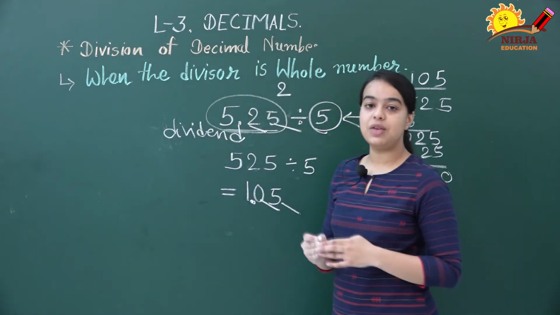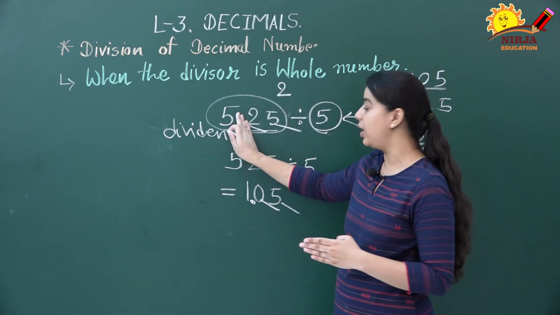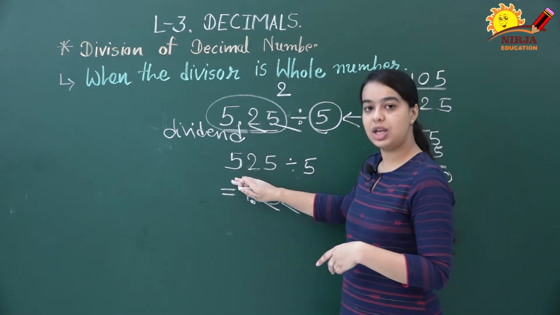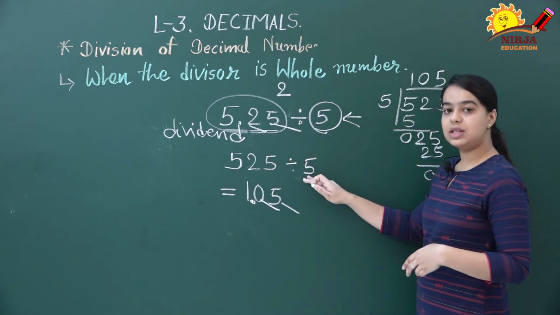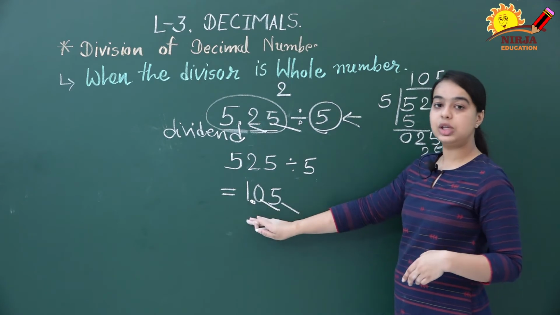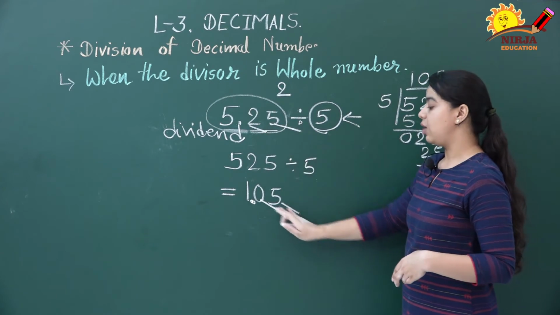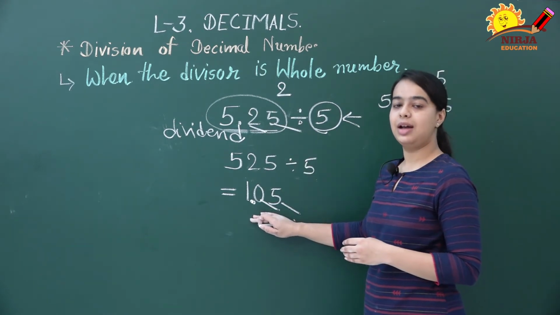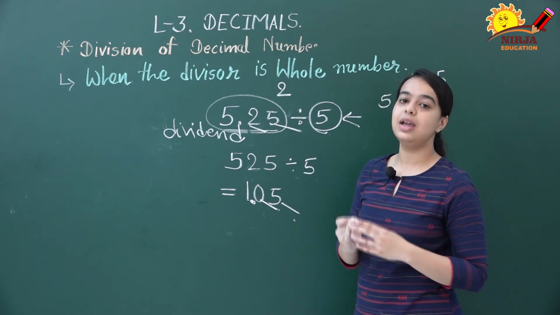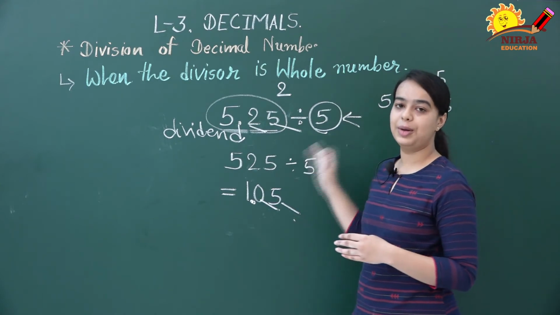So it is very easy. Whenever you are going to divide any decimal by a whole number, first we need to ignore the decimal point. Then the decimal number will convert into a whole number, as you can see over here. Then there is simple division. As we are dividing a whole number, perform the division, get your answer, and place the decimal point same as in the given dividend by counting. Then you will get your complete answer. So this way you can divide a decimal number by a whole number. That means when the divisor is given in the form of a whole number.